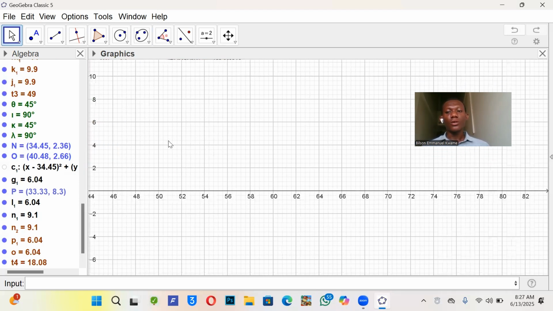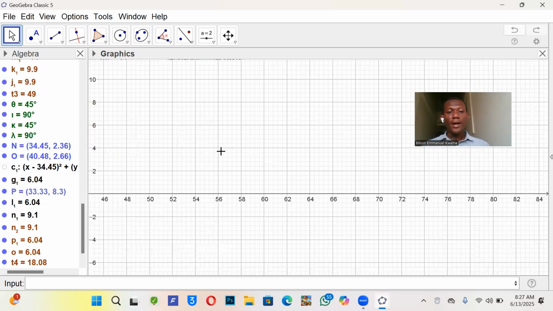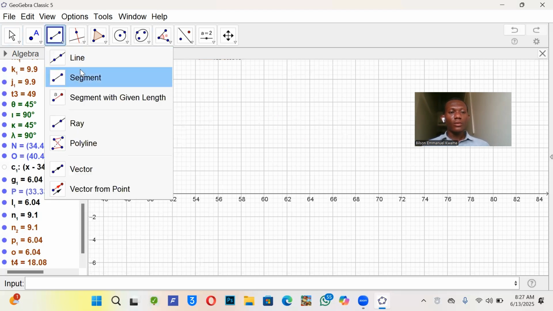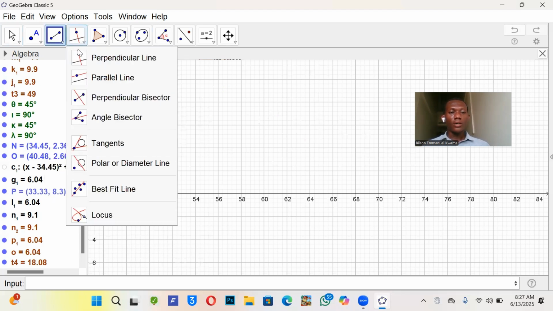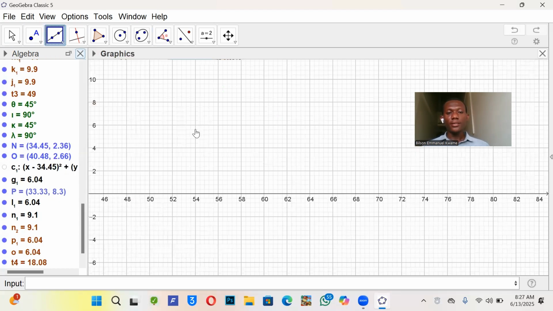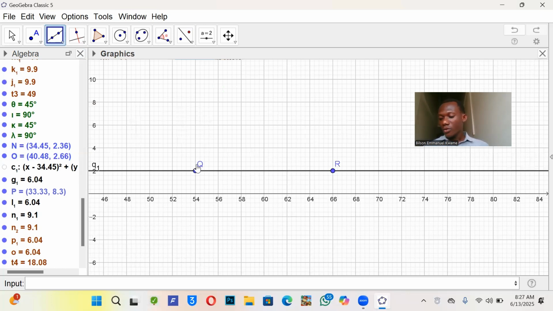To draw a right angle triangle, we first have to draw a line, right? You draw your line. Then after drawing your line,